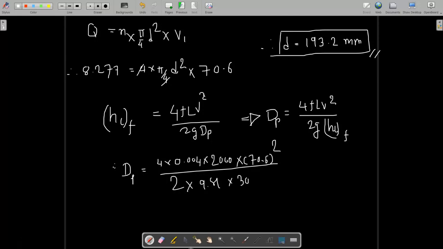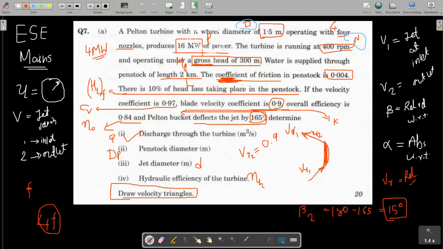So when you solve this, you will find as a total the diameter is 270.98 meter. Okay, this is meter because this diameter is quite large, and the penstock is made up from concrete. So we have to find out our second and third question. Okay, this is second and this is third.